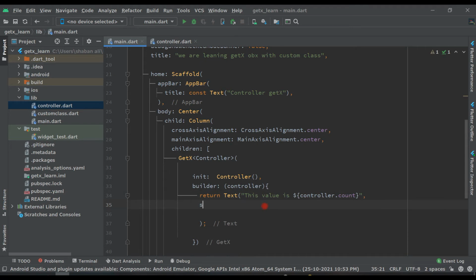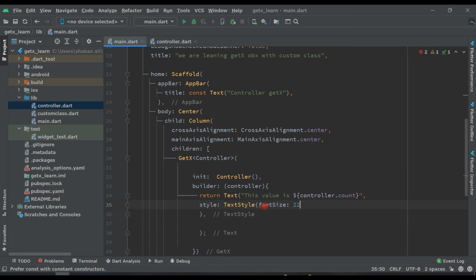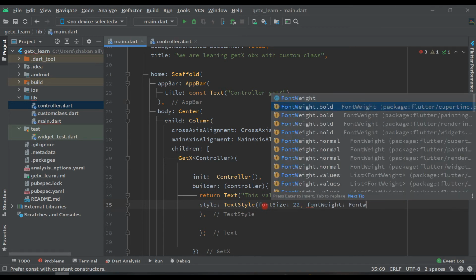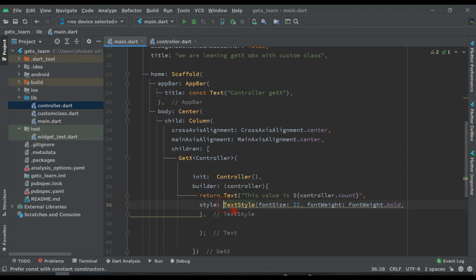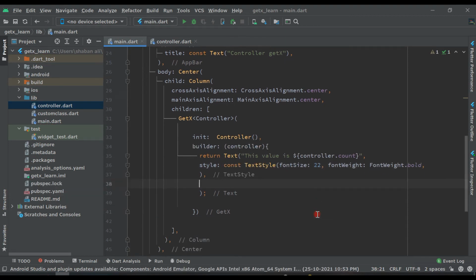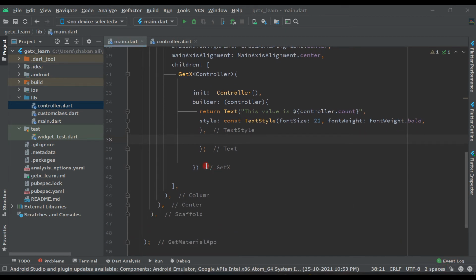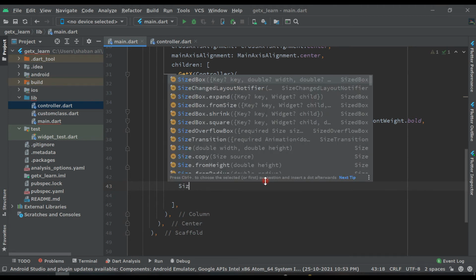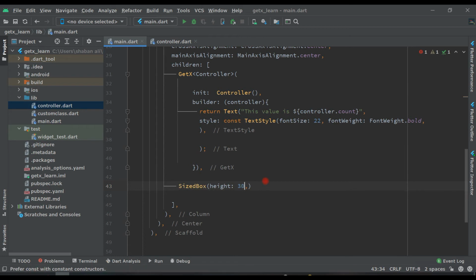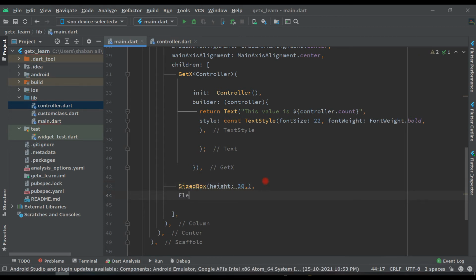and here let's give style, text style, and text style will be, let's say font size will be 22, and font weight dot bold, and put comma and make it const. Now that's all for this text. Put comma here and write here size box, we are giving some space, and height will be 30, put comma, and now give here elevated button,